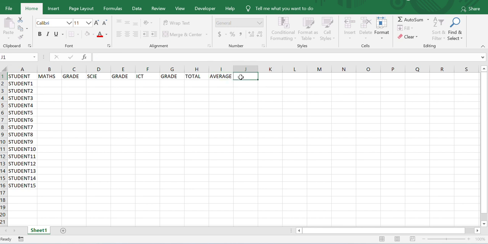After average, there will be a grade for average. Grade, then rank, whereby in grade we are going to have